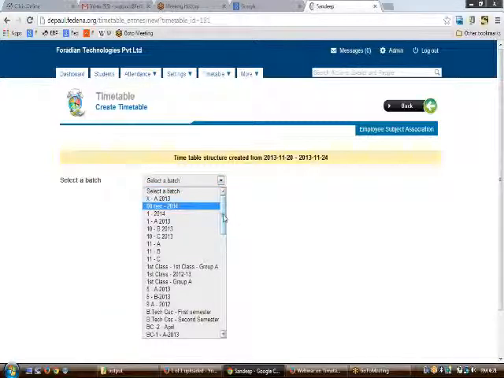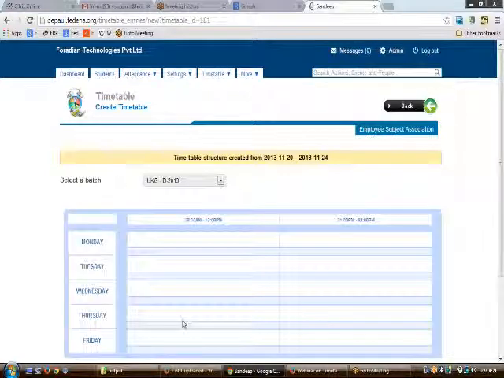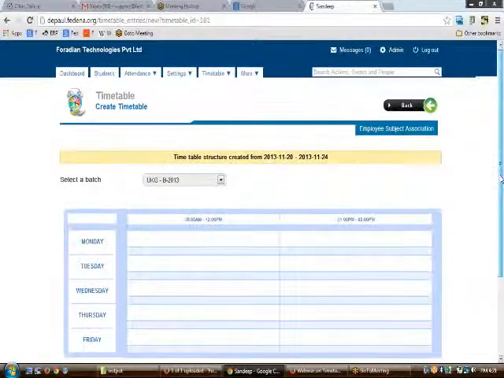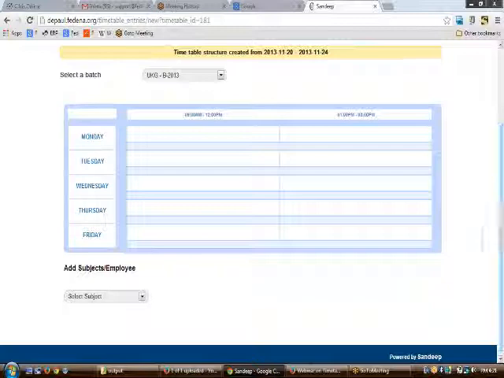Now it's time to assign some subjects for a particular batch. So to do so, you need to select the batch. Moreover, the structure that you will be seeing up here will depend upon the class timing set that you have chosen in the earlier steps. So again, to do so, you need to proceed on. You need to select the batch from here,